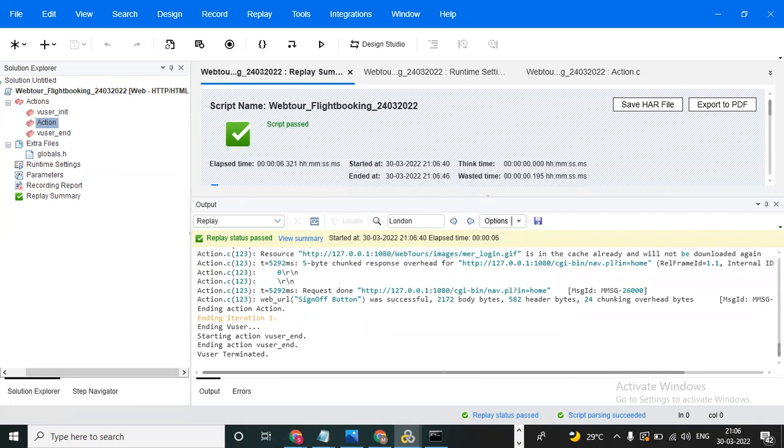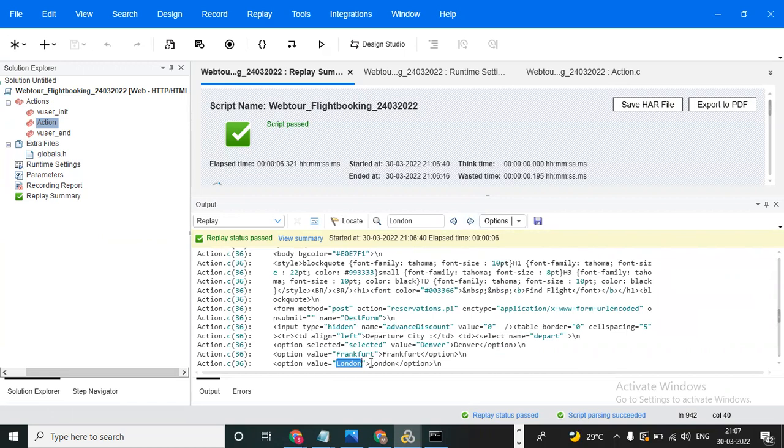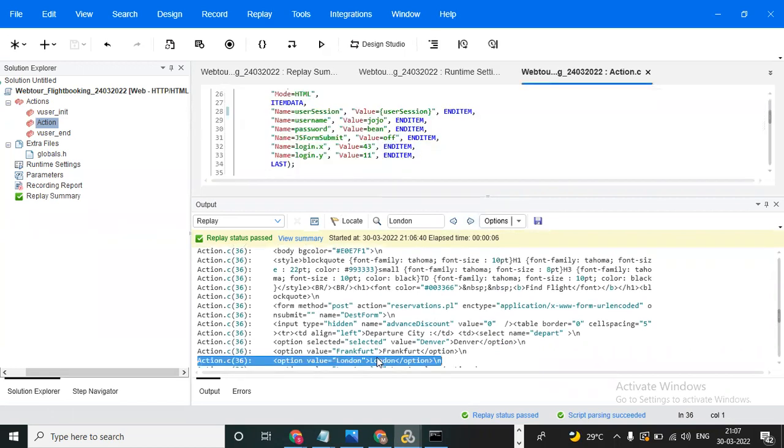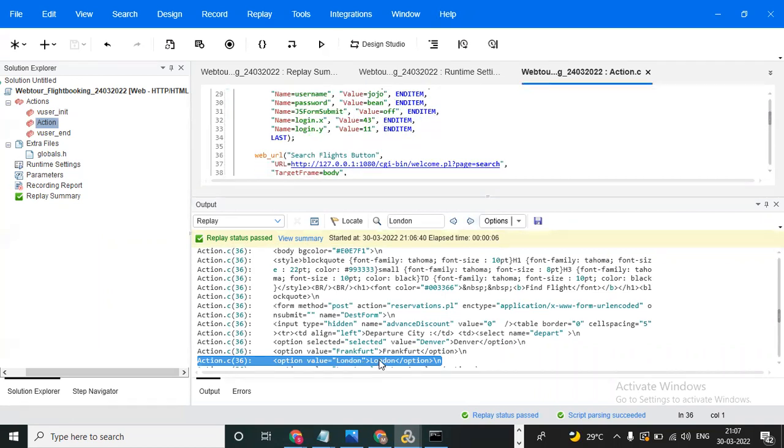Now you can observe, you can go to the control home. You can press control home, and after that you can find next, and you can see this London, right? You can keep the cursor here and double click. It will show you where to write the function. So you can observe. Everyone able to see? It is blinking, right? Yes, Anaya. So you can write the function here.